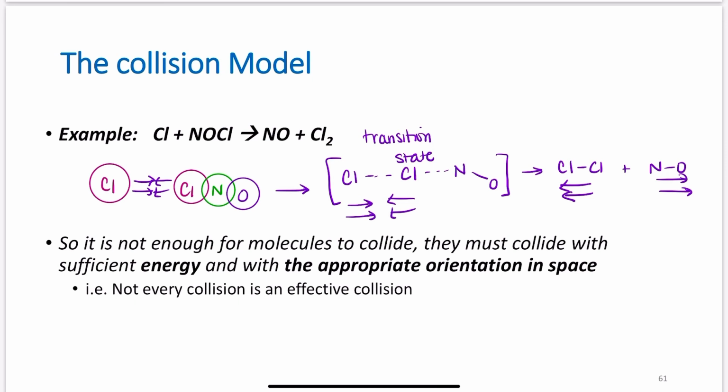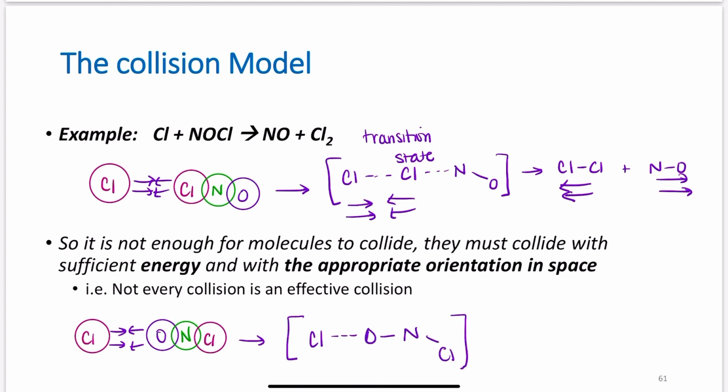But if they did not come at the correct orientation in space, let's say instead the oxygen was oriented towards that chlorine, even if they collided with the correct energy, the transition state would be that chlorine considering bonding with that oxygen, them realizing they don't want to bond, the transition state being ineffective,